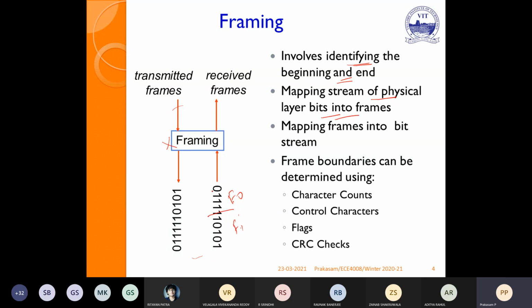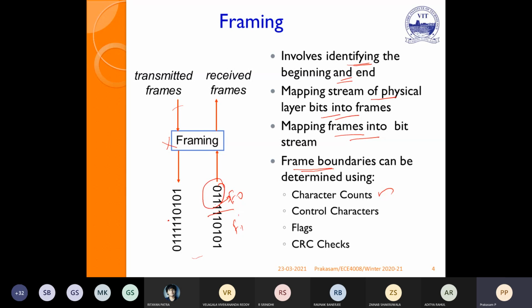What are all the bits that will be coming to frame 0 will be taken care of by the framing process. Again, mapping frames into bits, in the inverse side, we have to again map frames. So the frame boundaries can be determined using character count.